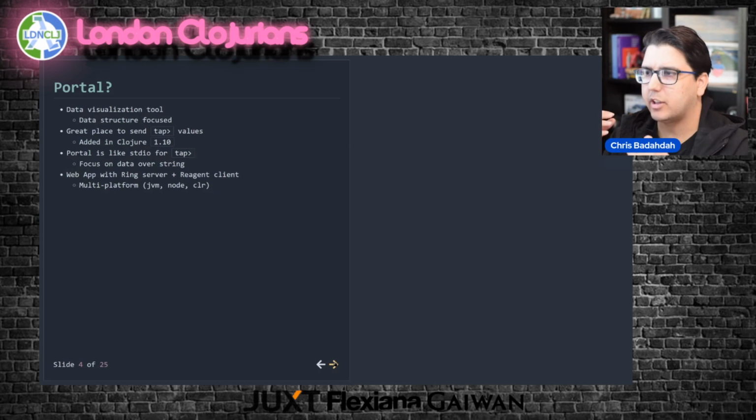And there's this idea of preserving the data instead of serializing it as EDN, as you usually would to standard out. If you really want to get into what Portal is, it's genuinely just a ClojureScript application with a Ring backend and a Reagent client. The cool thing about that is that it is multi-platform, so the servers are written in Clojure, ClojureScript and Clojure CLR, and they all get to reuse the same client. So that's a very basic description of what Portal is.